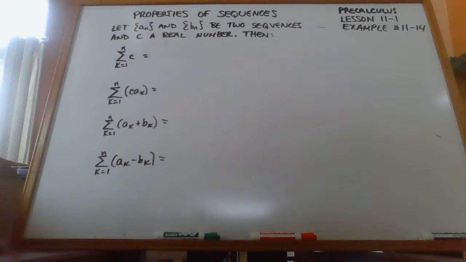Okay, now we're going to talk about properties of sequences. There's a whole bunch of formulas here that are on your formula sheets. I'm going to go through these and show you how they work. Here's the first four. So we're going to let a sub n and b sub n be any two real